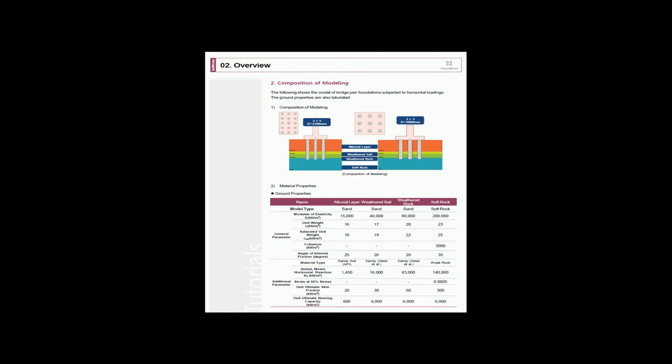Today we are going to have a training on the foundation module of Midas SOILWORKS and we are going to learn about the horizontal stability check by PY analysis. But before I do the actual modeling in Midas SOILWORKS, let me talk about the different models that we are